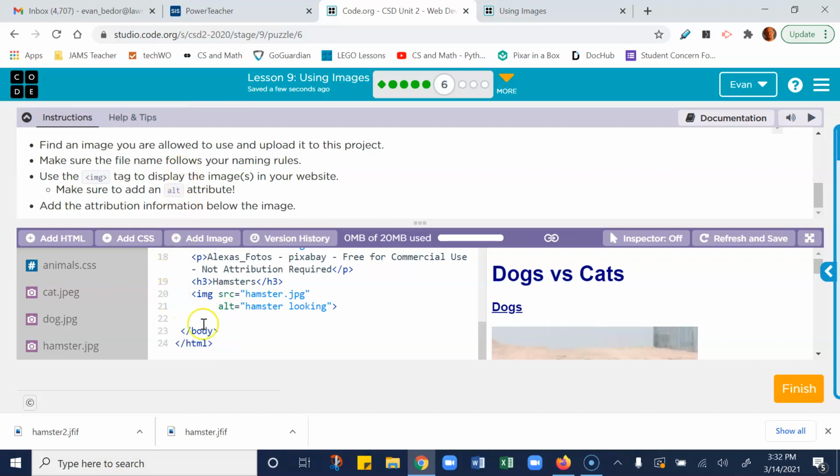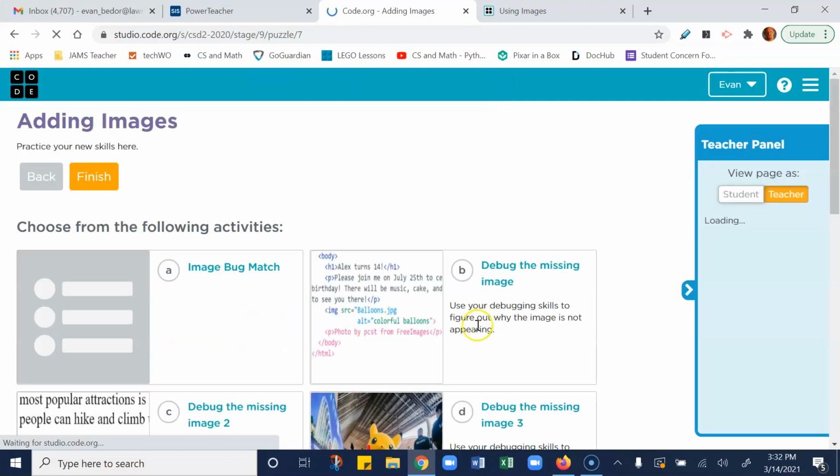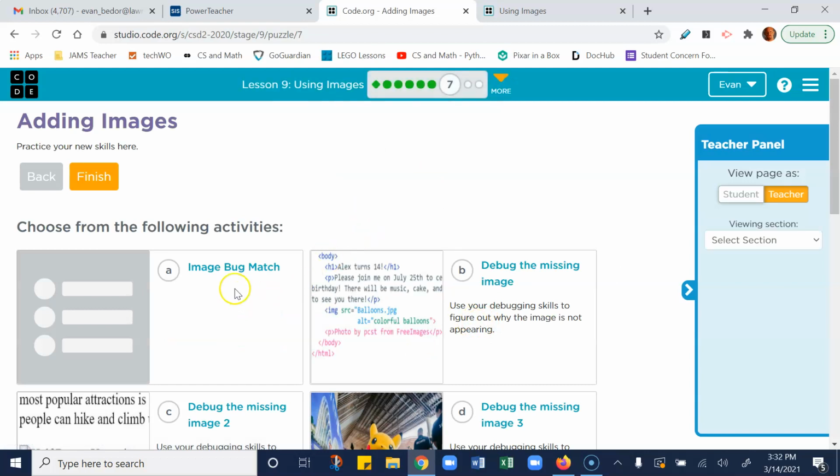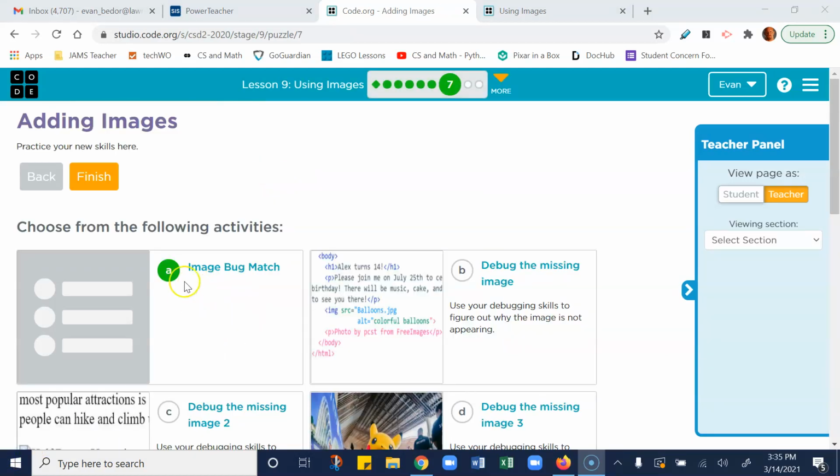And that's the main thing I want you to learn from this, is just to download an image from your computer and put it onto your website. Okay, image bug match. Oh, you know what? Okay, I want you to do this on your own. I'm going to pause this video and do it on mine. Okay, so I want you to do 7A on your own. Let's do 7B